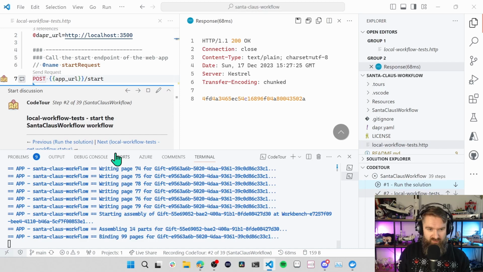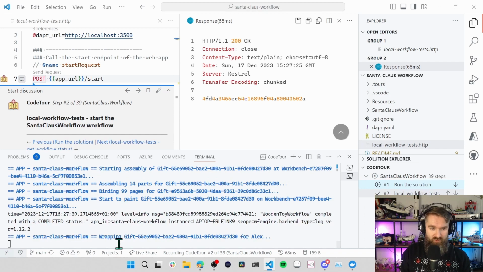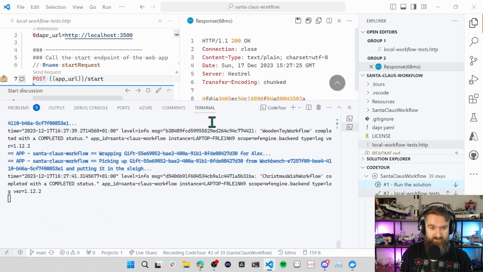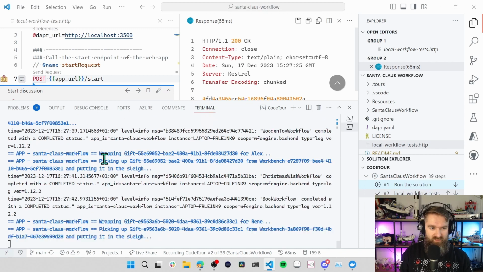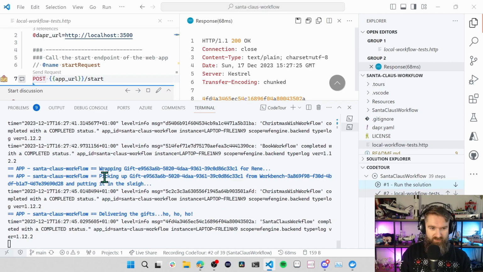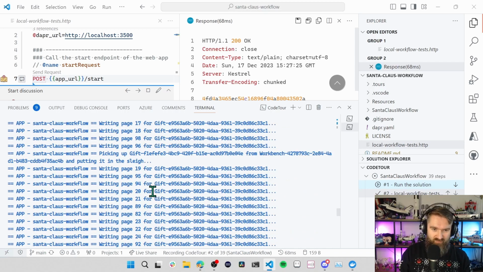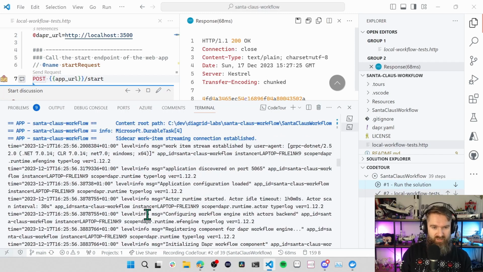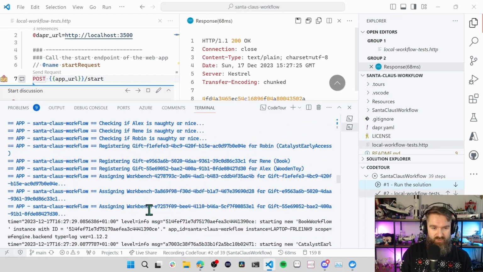And here we can see all of the console log outputs that I've put in there. I'll just wait a bit so we see stuff being wrapped, stuff being picked up and put in a sleigh. And this is the final statement. So this is the final activity in the main workflow where gifts are being delivered. So now it's done. So if you scroll up a bit, not that far,